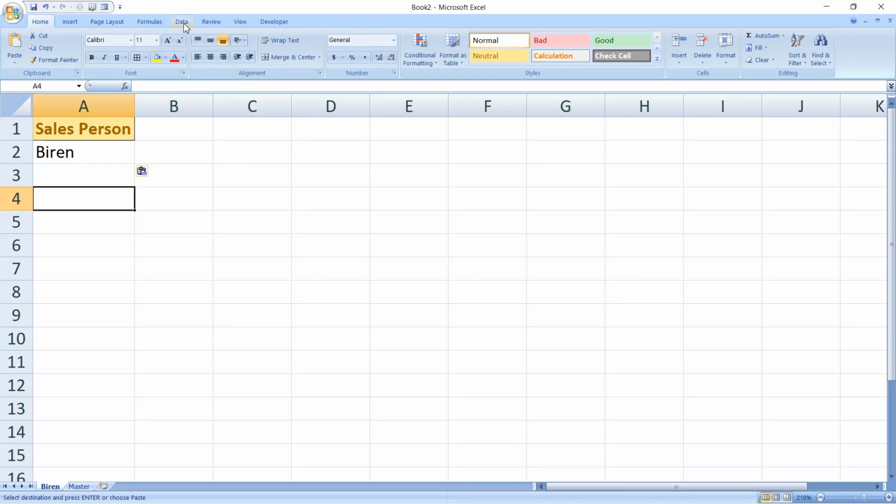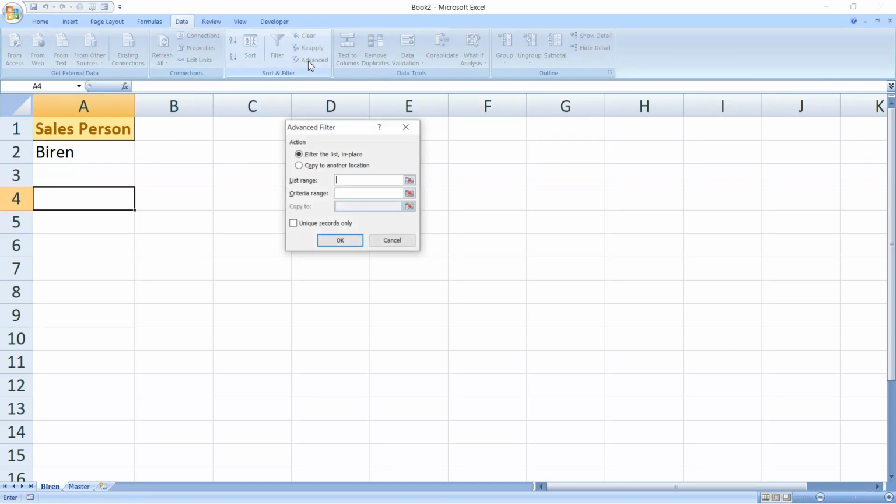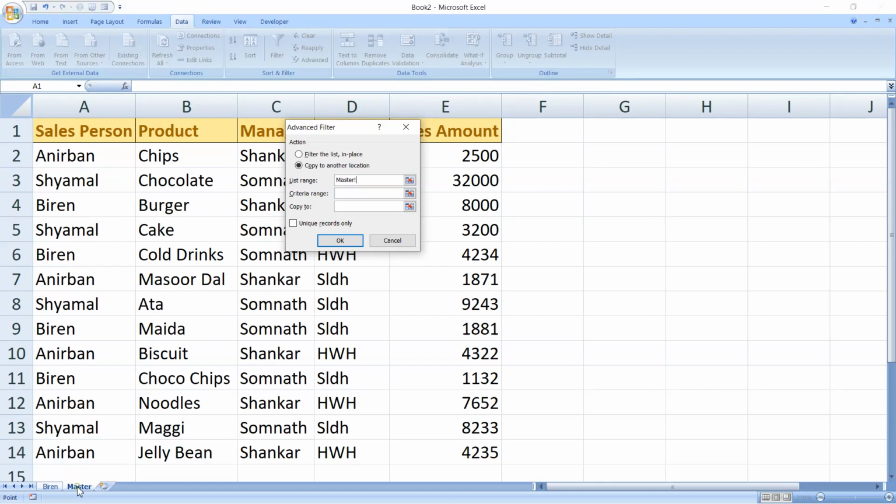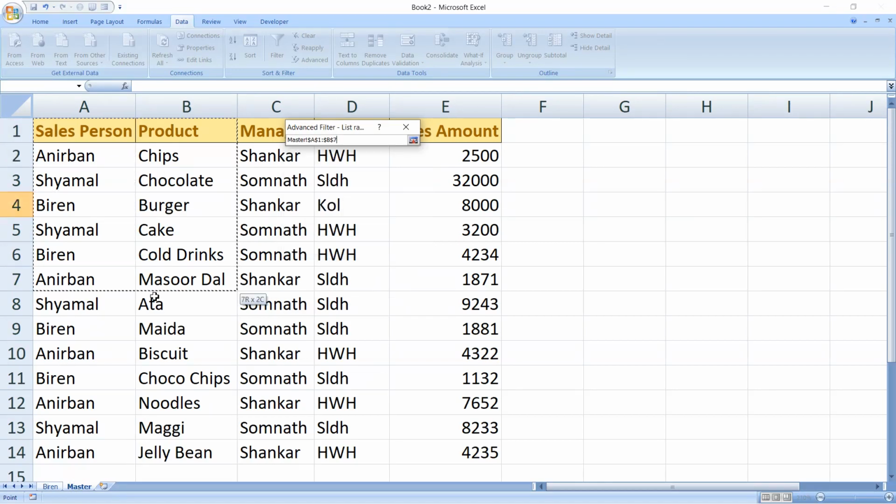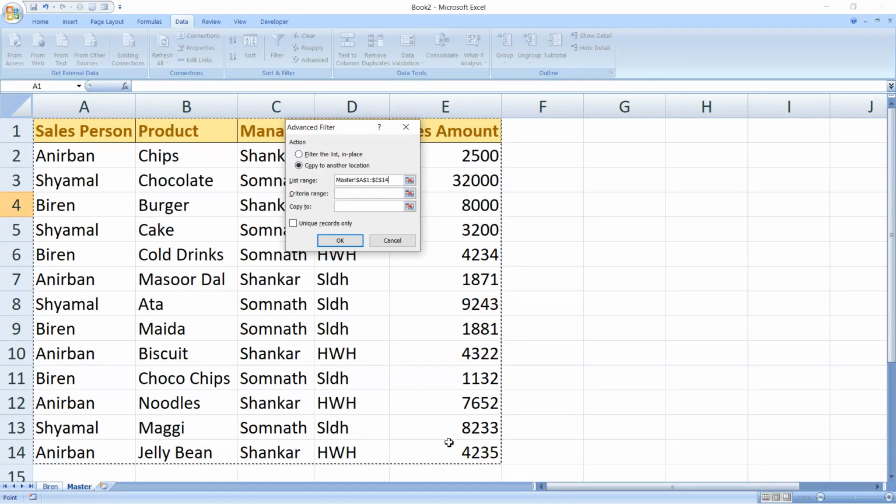So I need to move to the data tab and then click on this advanced section. So copy to another location, because there is a master sheet and I will be copying whole of the data to the Biren sheet. So what is the list range? So from which range am I fetching the data? So from this master table, I am fetching the data from all of these tables. Search, I am telling Excel to search